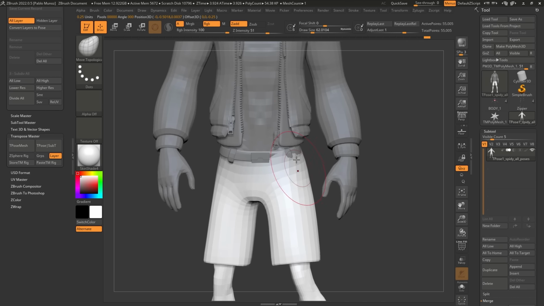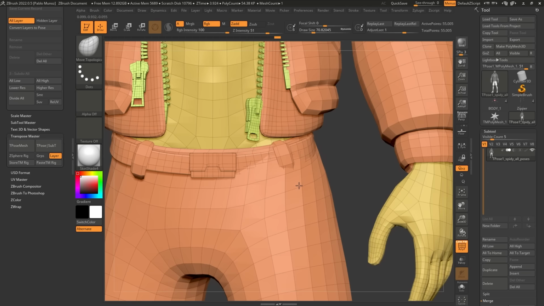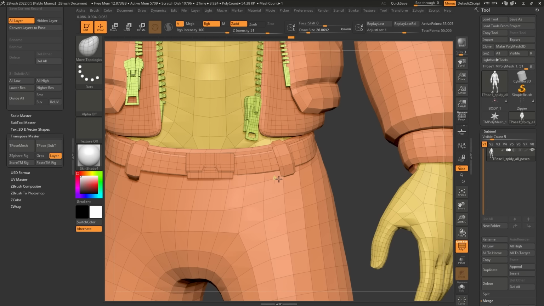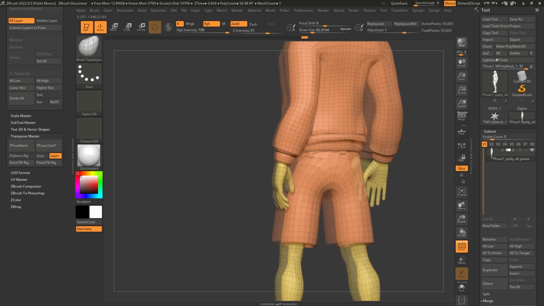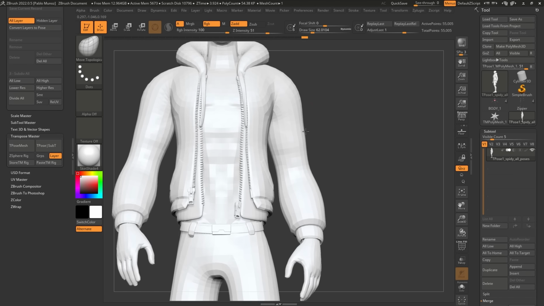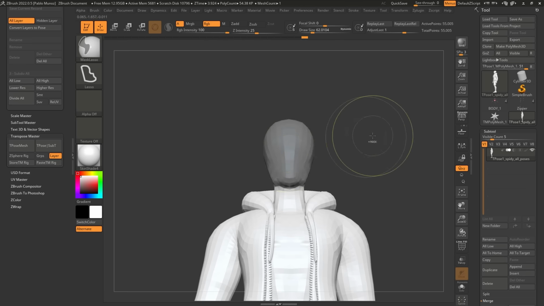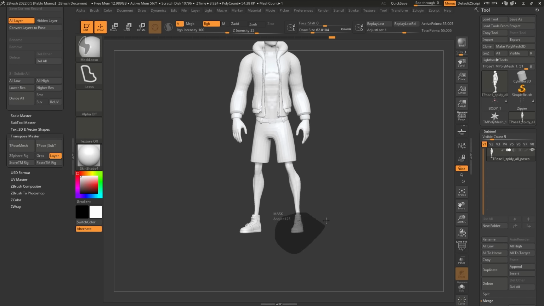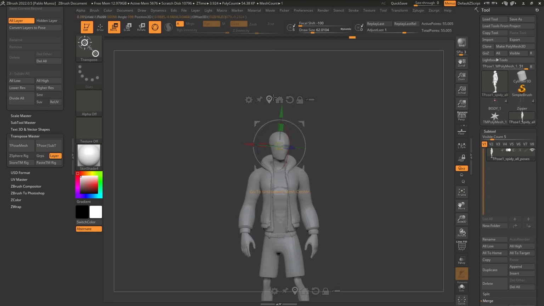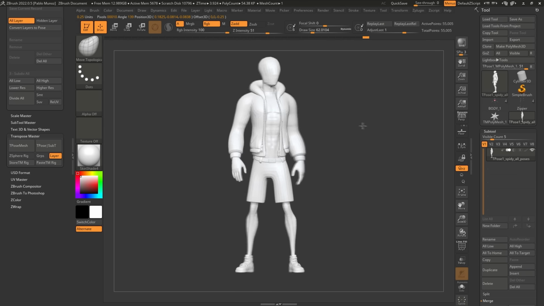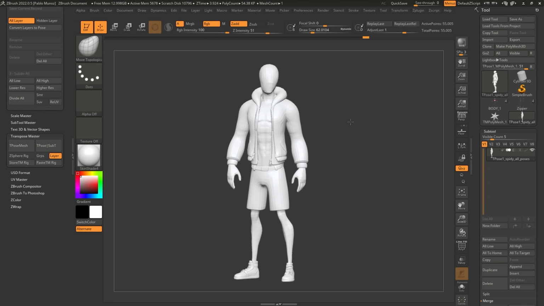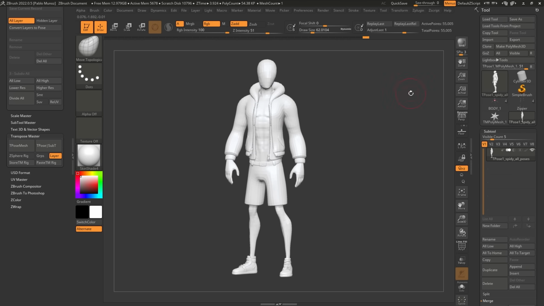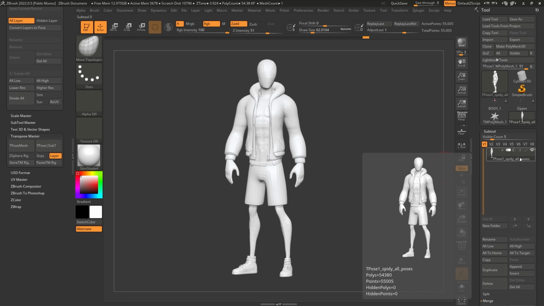All right, and the cool thing as well is that in this process you can also use any sculpting brush, any move brush or anything like that, just to push things and make sure that there's no intersection like I have in here. All right, not too bad. Let's go ahead and also maybe move the head a bit, just to make it a bit more interesting. All right, and finally, maybe rotate one of the ankles as well. All right, a pretty simple pose, but I think it works just to demonstrate that you can use the Transpose Master.